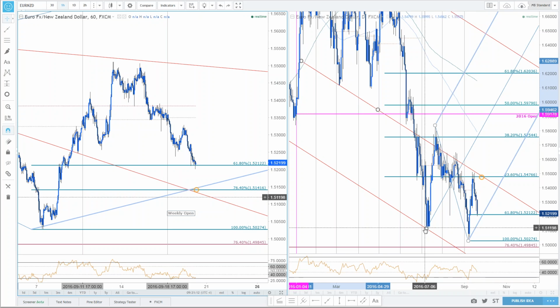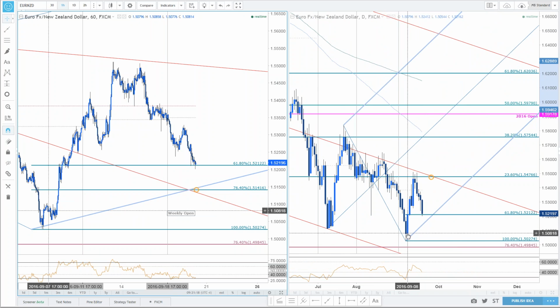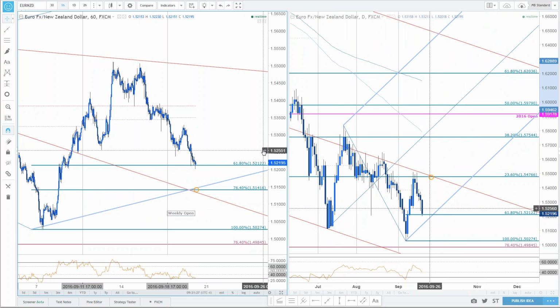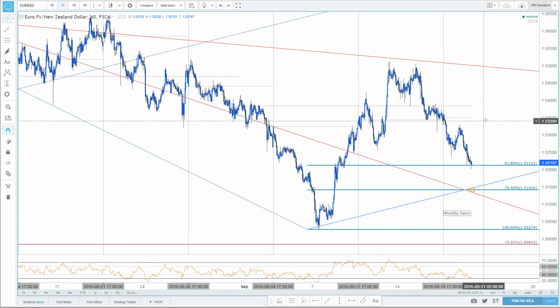You see that momentum did make divergence on the last couple of monthly lows. Here's your July low, and then here's your low from this month. A lower low in price, a higher low in the oscillator. Both those reference points below 30, so a weak signal, but a signal nonetheless. I'd be looking for exhaustion and for interest on the long side. Now,